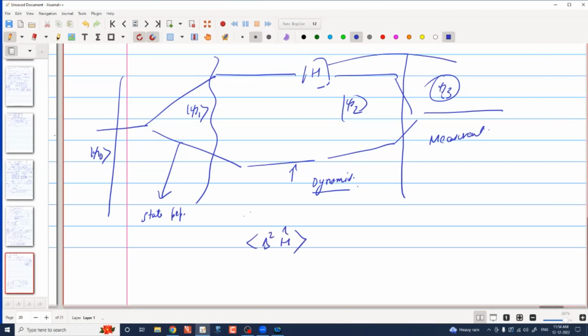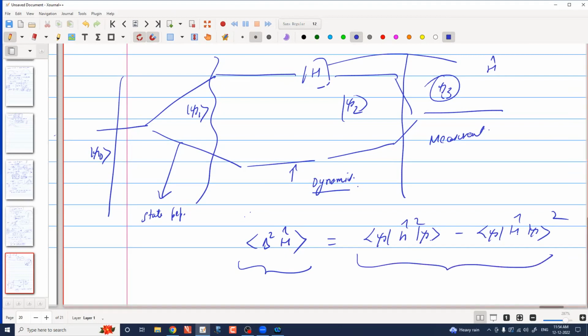remember H was my Hamiltonian over here. If I calculate the variance of this operator, this variance captures the notion of the distance. Nothing is happening in the eigenstate, and I am interested in the set of states which gives the maximal variance. And essentially the quantum Cramér-Rao bound is